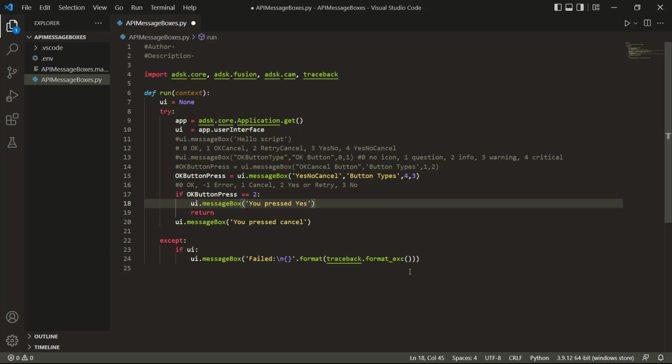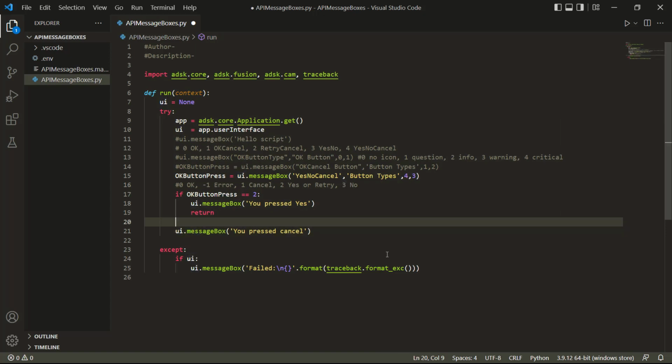So now we need to think about 3 potential options coming back. If the user presses yes, it's going to give us a 2. If the user presses no, it's going to give us a 3. If they press cancel, it'll give us a 1. So the first part of this still works fine. You pressed yes is okay. However, now we need to check 2 other numbers. So what we're going to do here is we're going to say